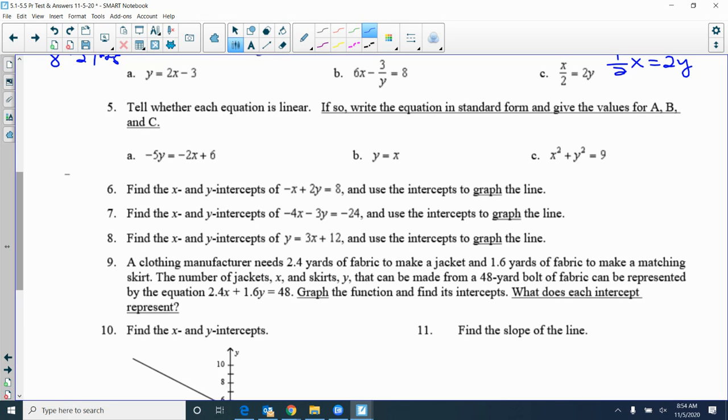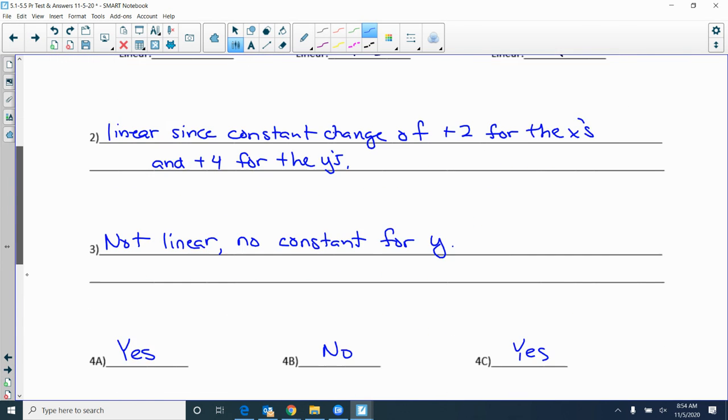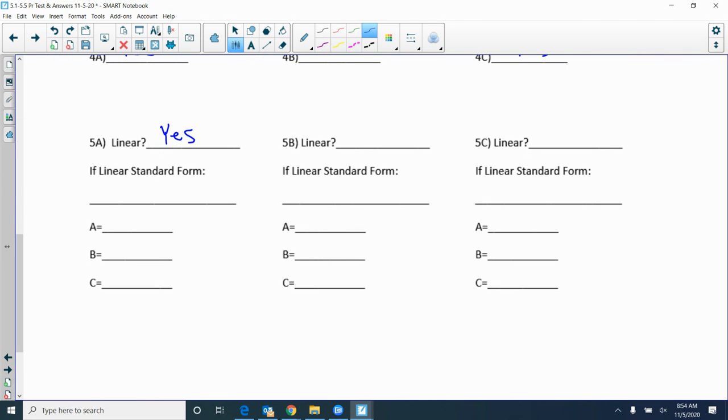2x minus 5y is equal to 6. Good. 2x minus 5y equals 6. You can do that in 1 or 2 steps, but that's what you need to get to. That's your final answer. Yes, it is linear. All right, so for that one there, you're going to plug in that line, you're going to say 2x minus 5y